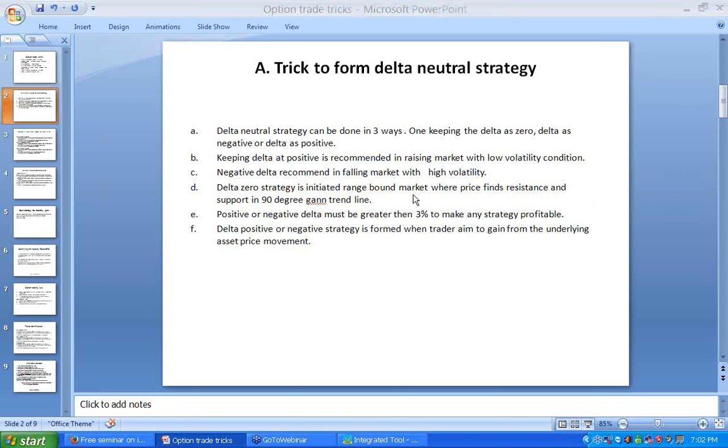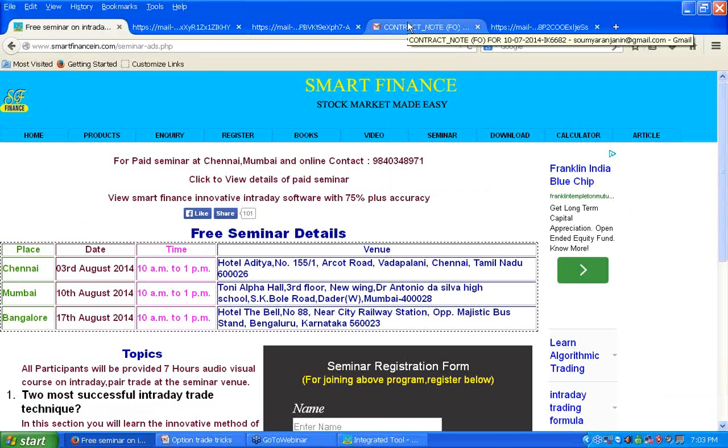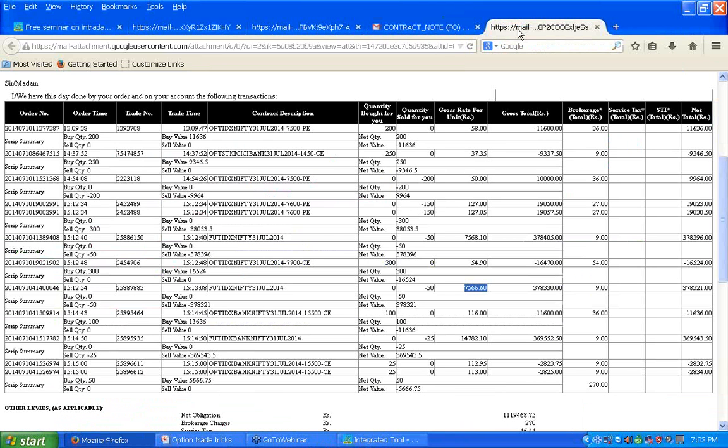So in this particular session, I will be taking the delta neutral approach. Before teaching you this concept, I must show you some trade outcomes associated with this delta neutral. So here I am going to show you some trades which were done by me in